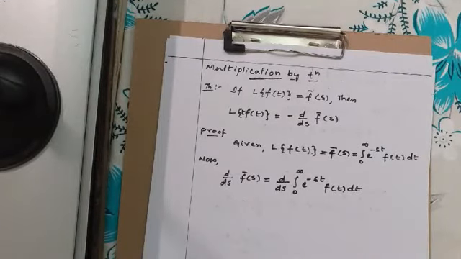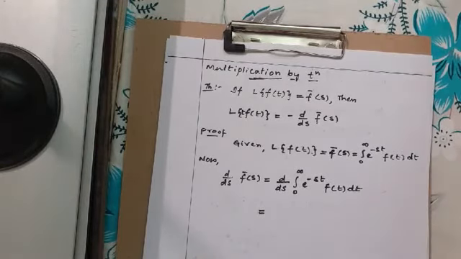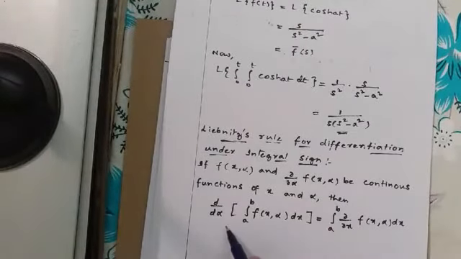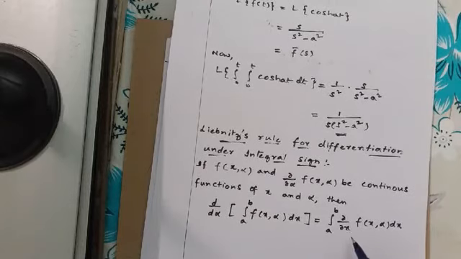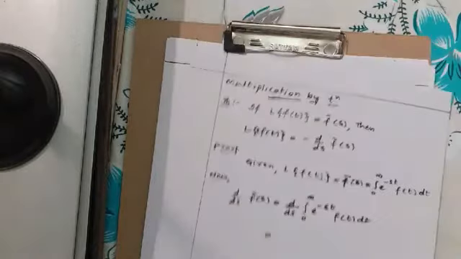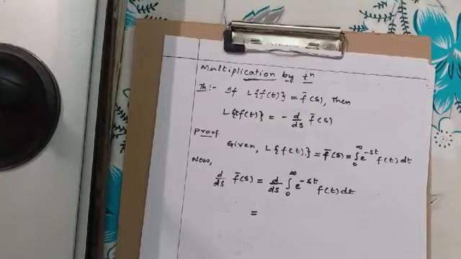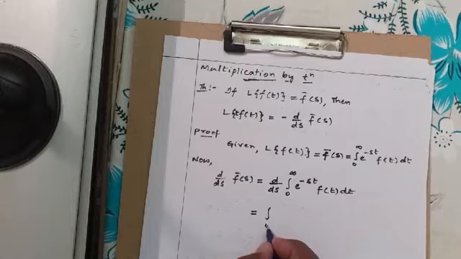Now after this, from Leibniz rule, first I'll show you Leibniz rule here. Here you can see d by d alpha of the integral a to b f of x comma alpha dx. We can write it as the integral a to b dou by dou alpha f of x comma alpha dx. So here, from Leibniz rule for differentiation under the integral sign, using that I can write this as integral 0 to